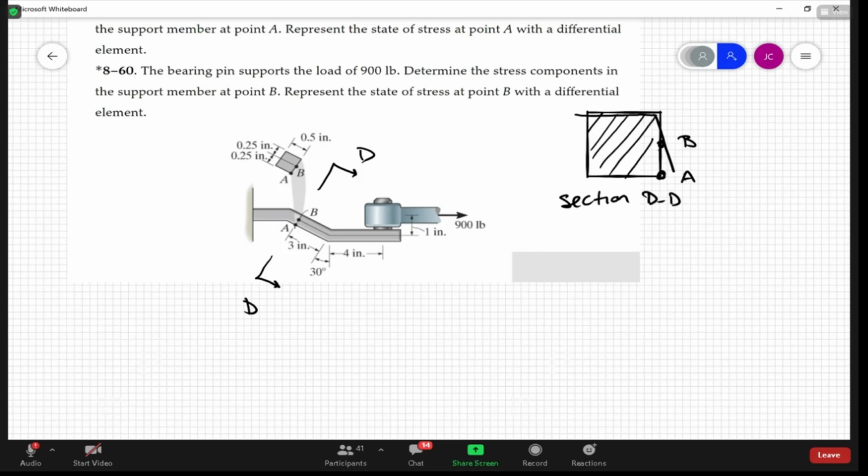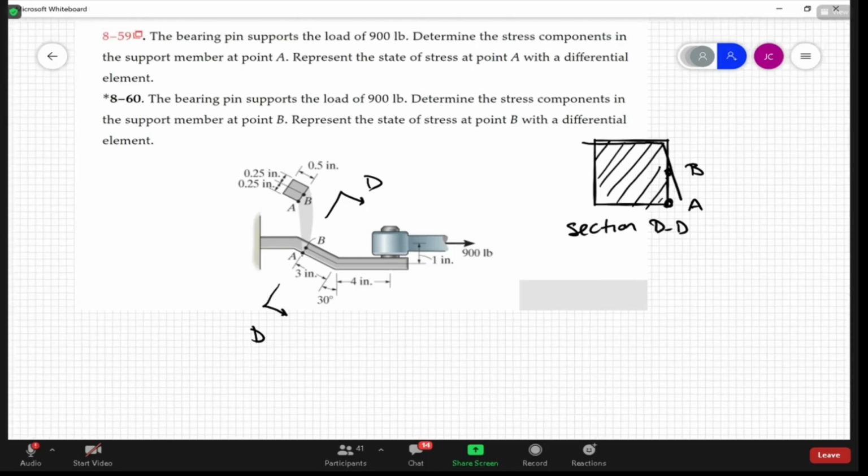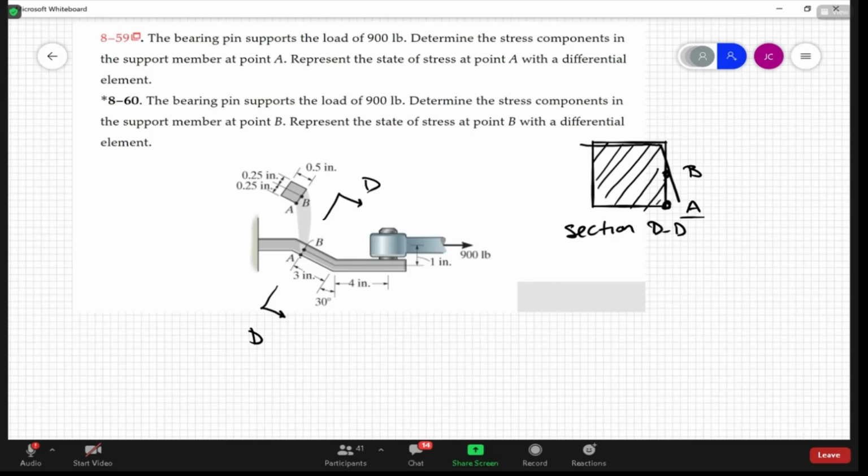On the outside, it's facing us. You've got the 900-pound load here. That's going to put a normal stress, P on A, but it also will put a bending stress and then obviously a transverse shear on this, okay? So figure out the states of stress at point A, that's 859, and at point B,